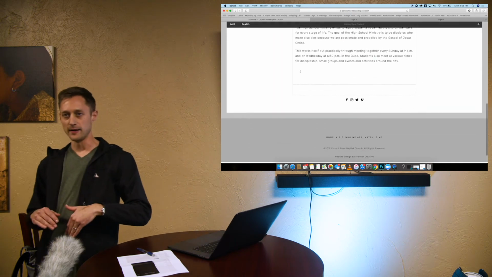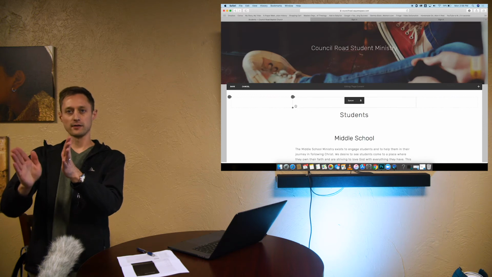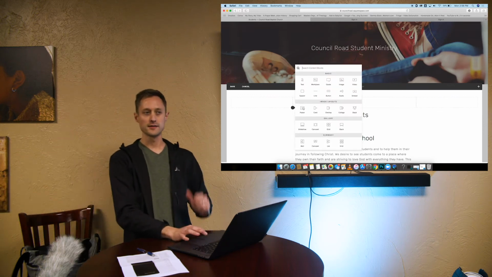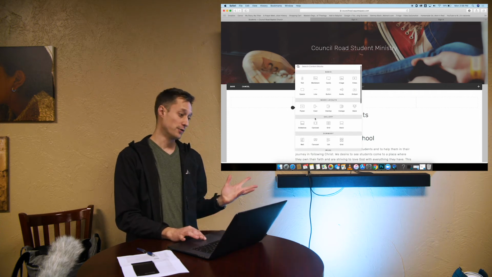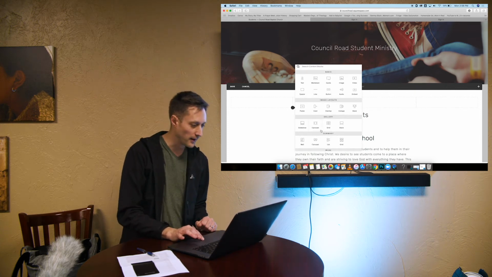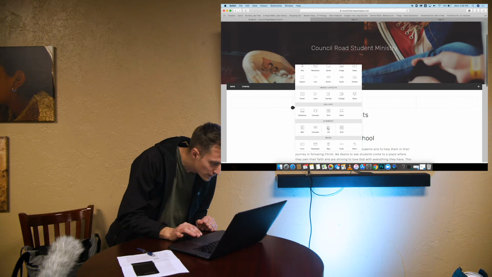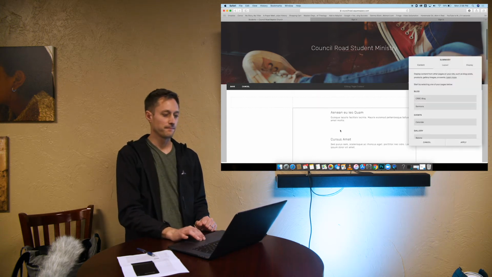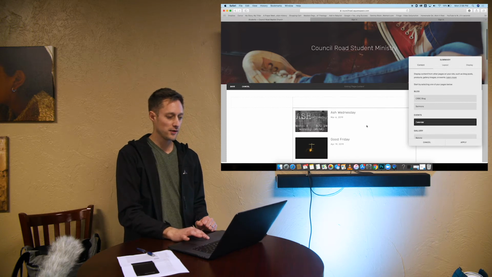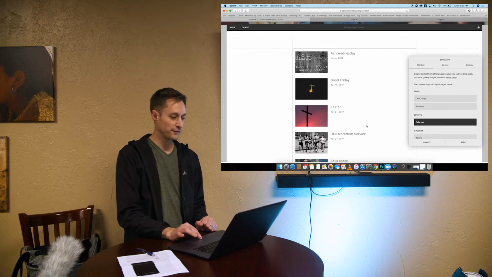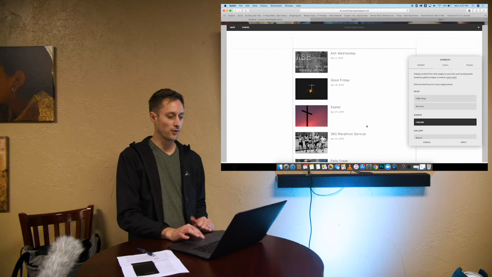Here's the form to sign up. Here's how you go to pay. Click the link. All that stuff would be on the event page itself. And then what you would do, if we go back to students and edit the page, whether it's at the top of the page if you want to really get people's attention, or at the bottom, wherever you want to do it,